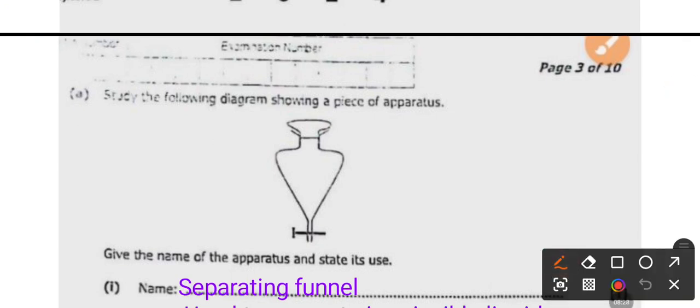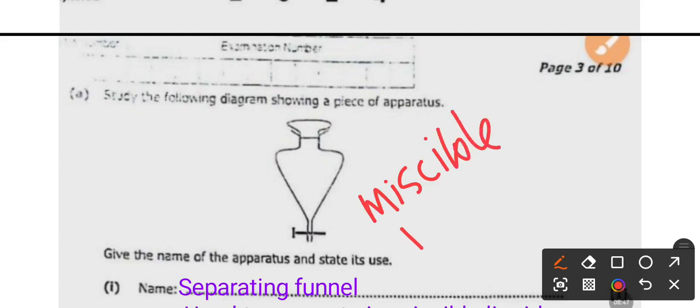The use of a separating funnel is that it is used to separate liquids. However, we should not just say liquids, but be specific in the type of the liquid this funnel separates. Remember, we have two types of liquids. We have miscible liquids as well as immiscible